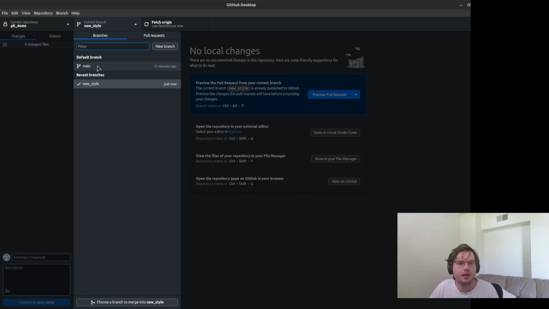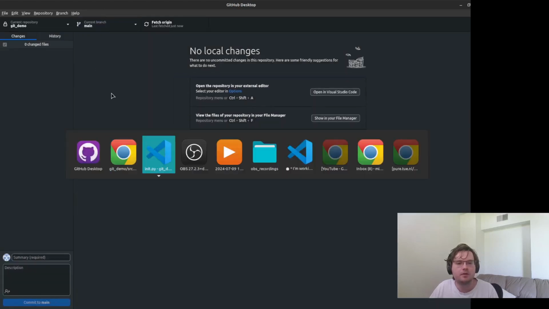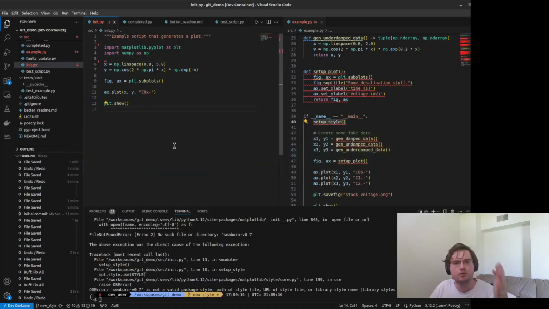So if I click main from this branch thing here, then if I go back here, it's actually changed my local file to go back to the state it was at before. So similar to when I was changing commits in the single branch before, in that linear sort of definition of changes of different states of the code, what I've now done is I've made that different branch, and I can swap to different points of different commits, one being on the main branch and one being on that new branch.